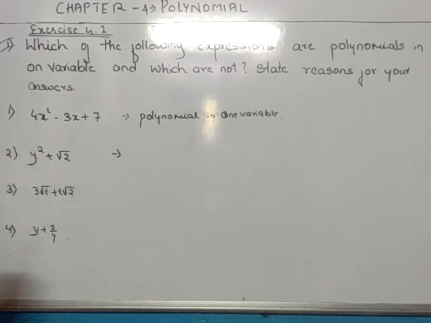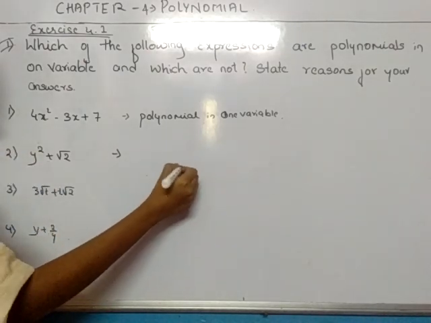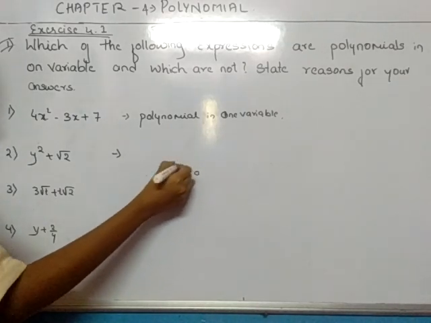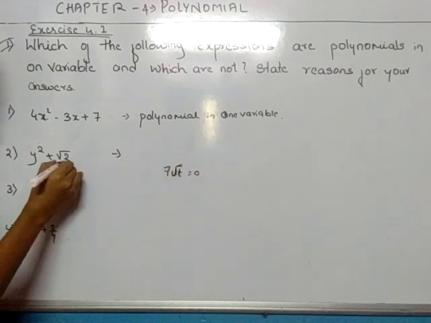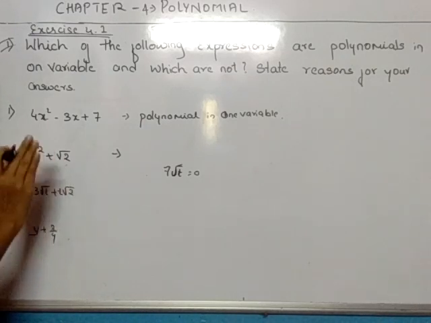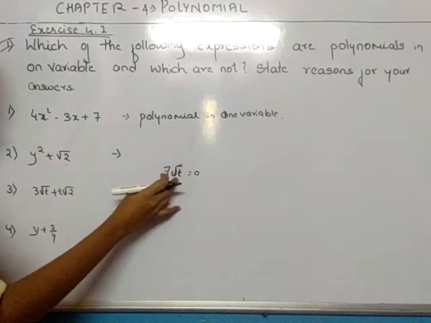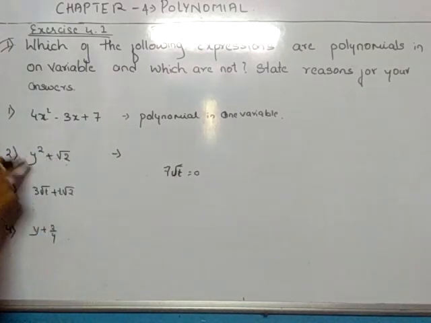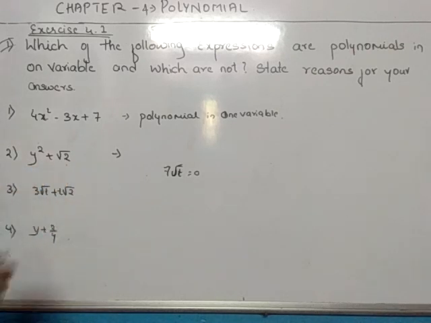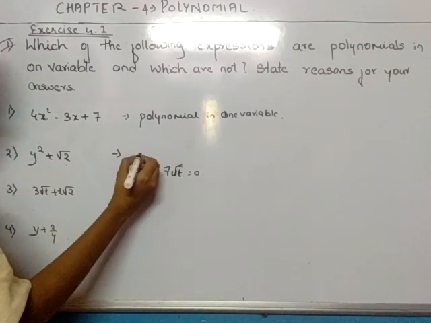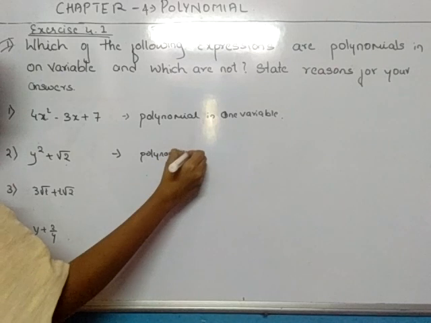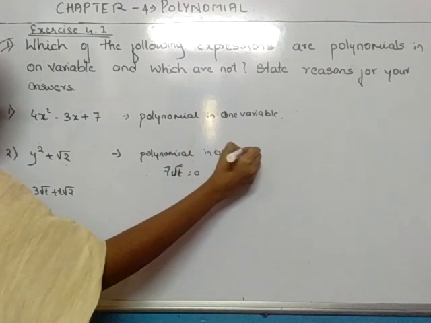Right? I told you previously about an example we solved, whether something is a polynomial or not. That was not a polynomial because the square root was present for the variable. Here the square root is present for the constant, so there is no problem in saying that this is a polynomial. If the square root is present for y, then it cannot be a polynomial. But here the square root is present for the constant. So we can say that this is a polynomial in one variable.